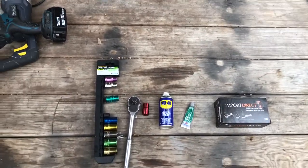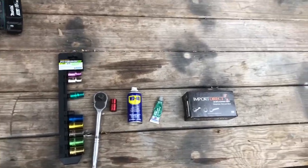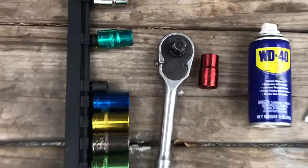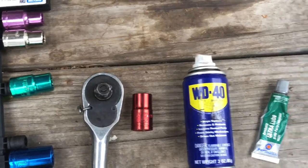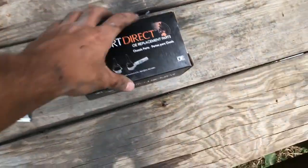So I'll be showing you how to replace the bushings for the sway bar link. It's pretty simple. You just need a 14mm, optional WD-40, and some lubricant. These actually cost me $20,